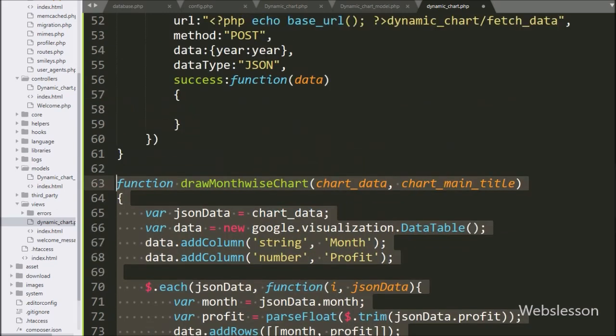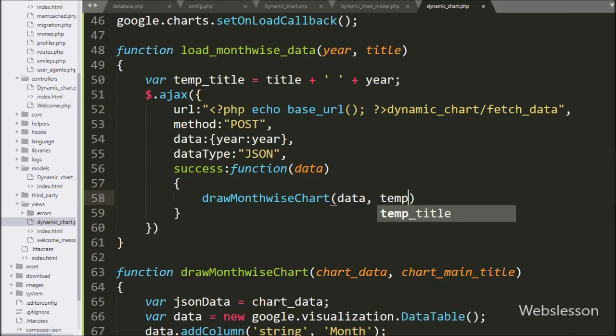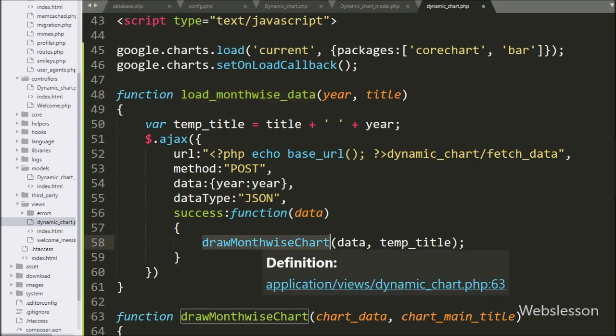We have gone to the Ajax success callback function, and here we have called this drawMonthWiseChart function with two arguments, the data which we have received from the server and the temp title variable. So when the load month-wise data function has been called, it will fetch a particular year's data. After this it will call the draw month-wise chart function, pass the data and make the chart on the web page without